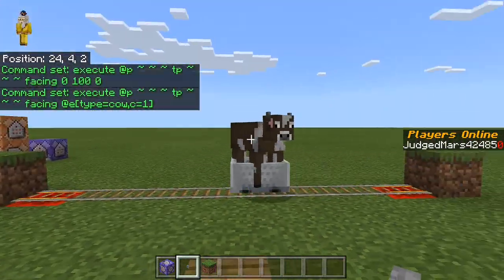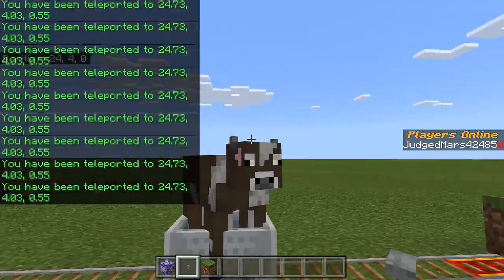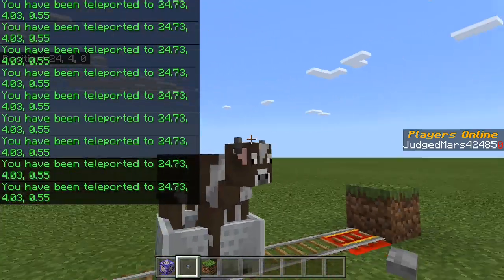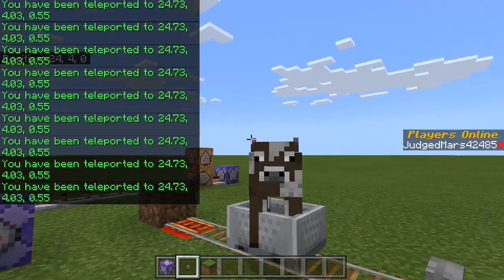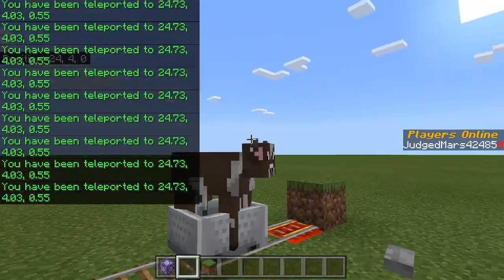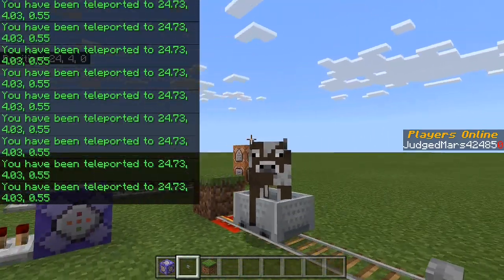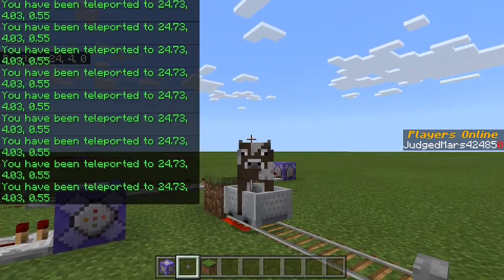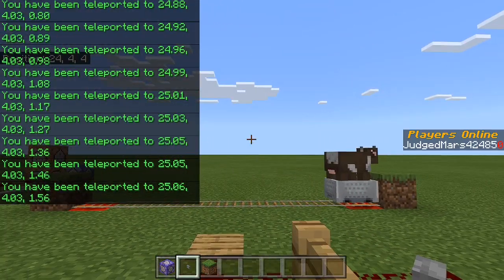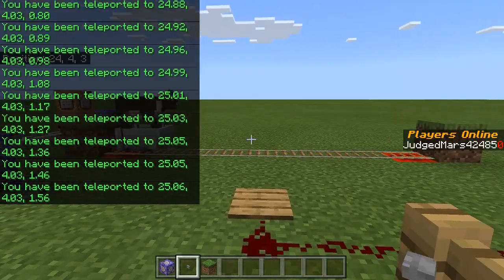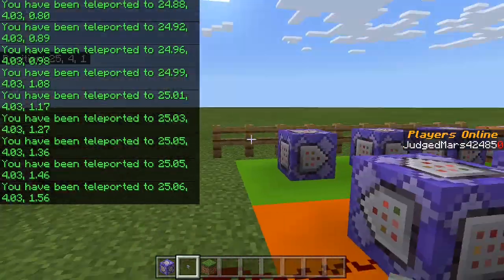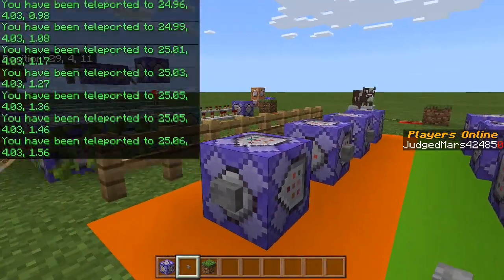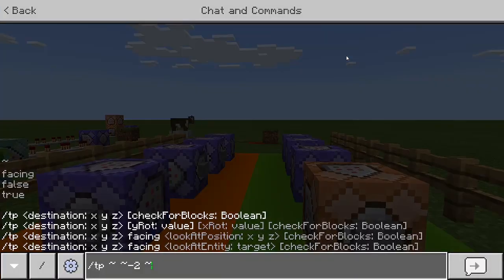So as you can see, there's this cow here, and if I stand on this pressure plate that constantly activates the command block, you can see that it swipes my cursor left and to the right as the cow moves along the rails. So yeah, really cool. I suppose you could apply this to NPCs if you were making a tennis minigame for the crowd or something, like a Wii Sports minigame. That sounds pretty sick. But yeah, that's how you use the TP